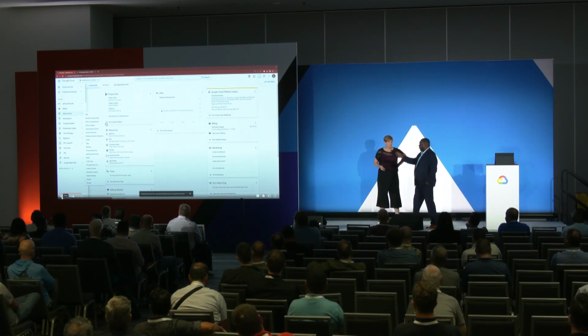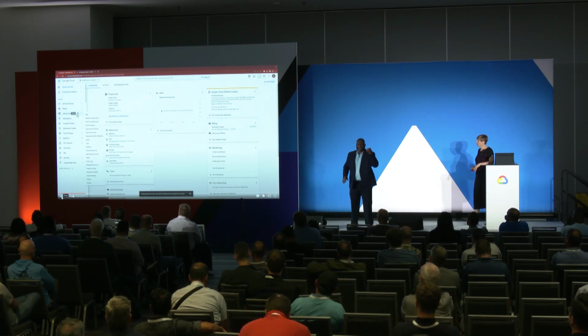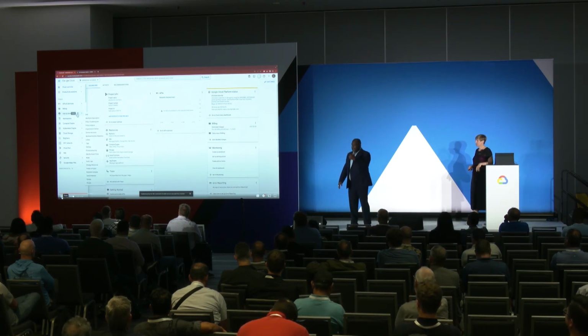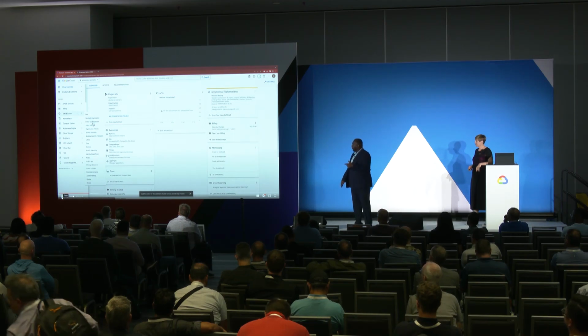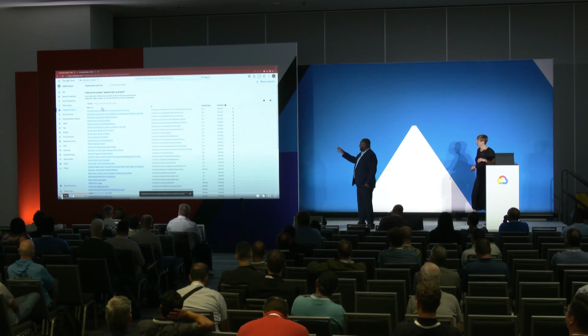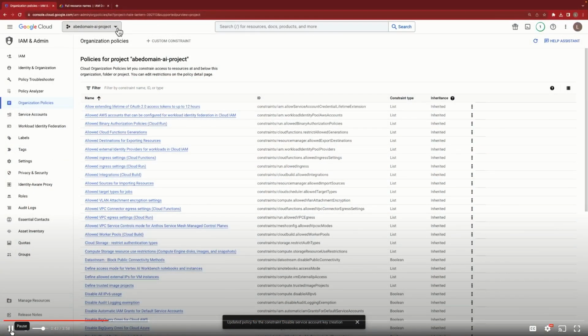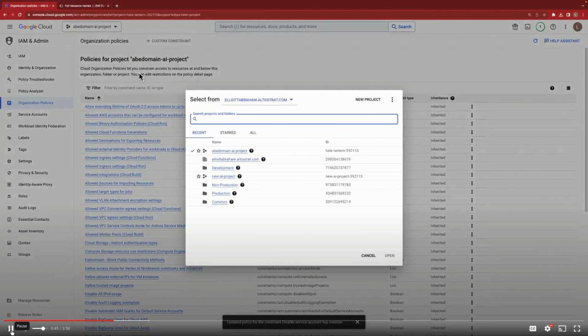So what we're showing here is we're creating a demo. I created this demo to show us org policies and service account key creation. In this environment, you first have to create an org policy and make sure that you're at the appropriate level in the resource hierarchy. Because you can apply an org policy constraint at the org level, at the folder level, or at the project level. So you want to make sure that you're applying the constraint at the appropriate level.